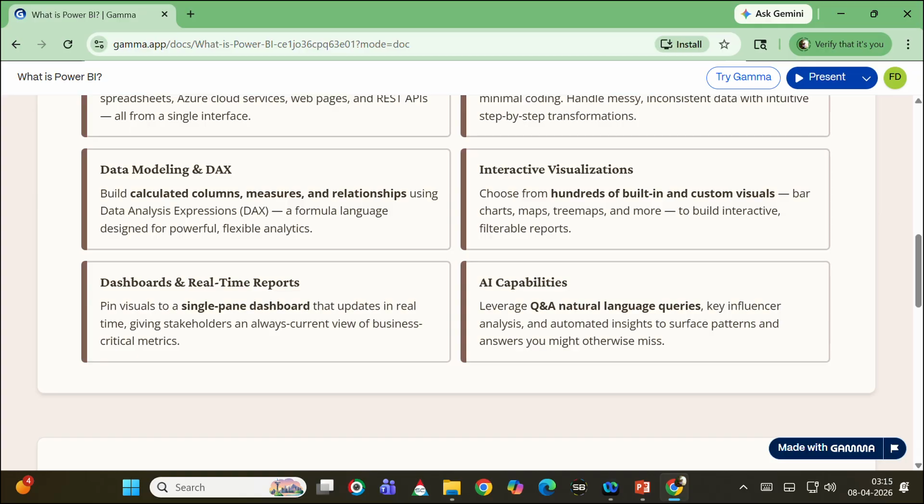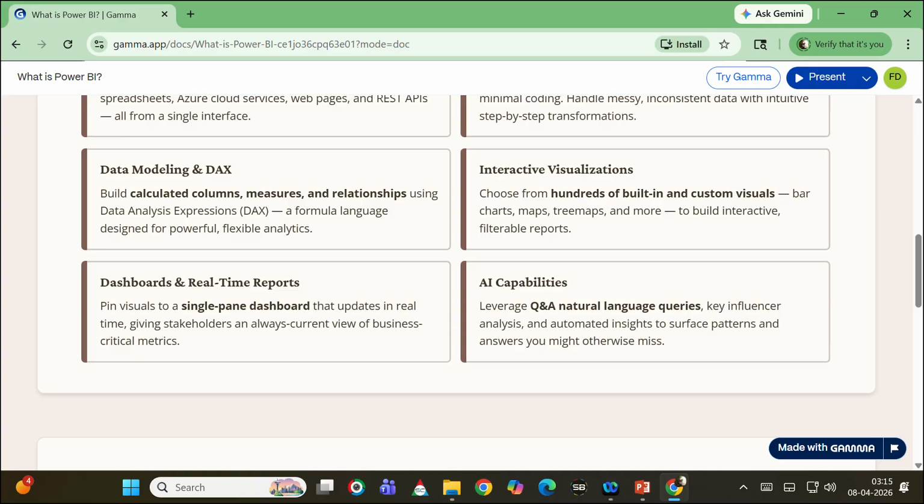And next is creating dashboards, right? What is an example of a dashboard? What is a dashboard actually? What is a report? A report means it's a collection of visuals. Okay, and the dashboard is a collection of reports. Okay, in one report you can show what is the profit. In another report you can show your prediction in the future. By next year, by this time, what may be the expected trend, that you can show in another report. So you can collect different kinds of reports and you can make everything in a single page, that is called a dashboard, that you can do very easily and very effectively using Power BI.